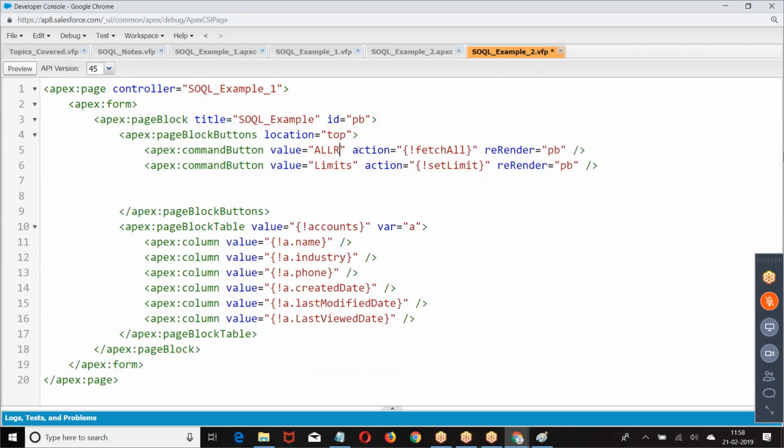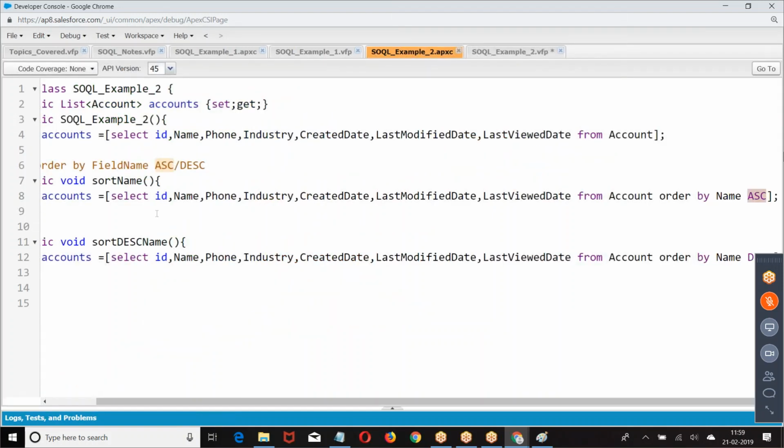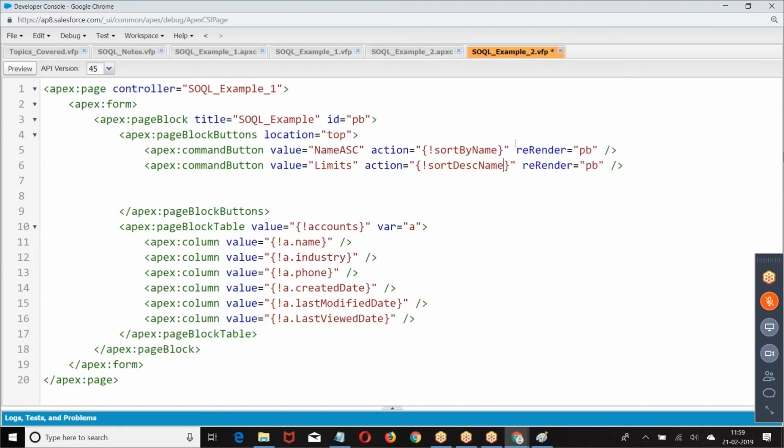So here we have ascending order. Sort by name. This is what we told: sort by name, sort descending by name.